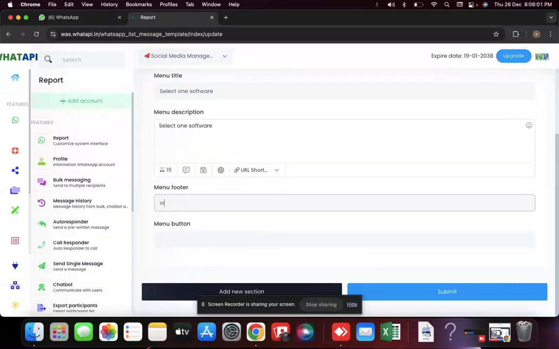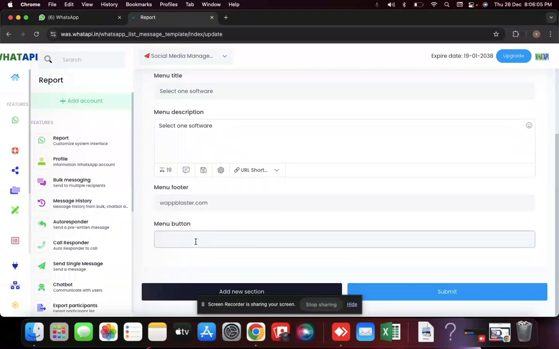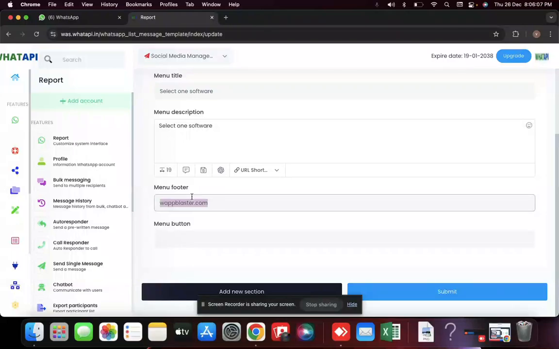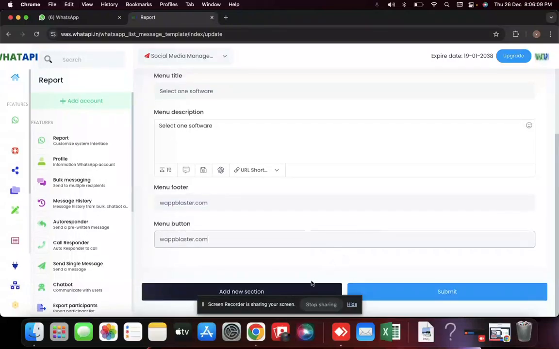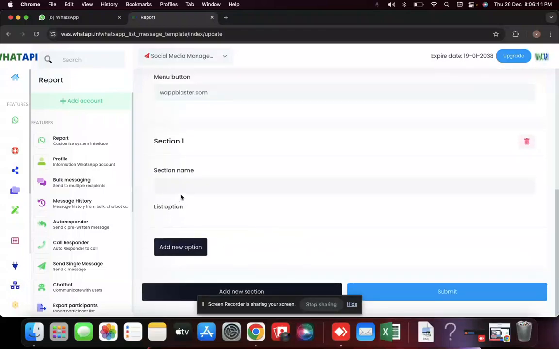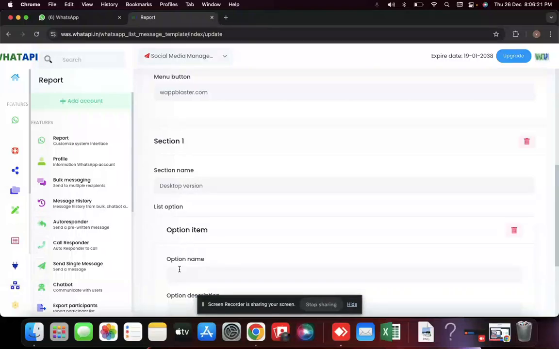In the footer I can type like this. For the button, I can give my website button only, or another button. Click on add session. Here give what they should select. Like I have five software, and I want to give select one. I can type like desktop version, add new,